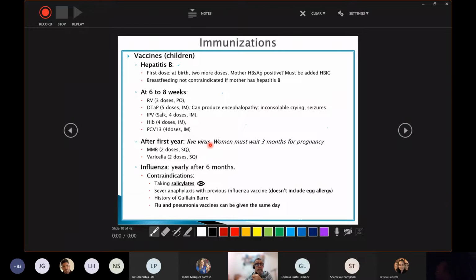So it cannot be given to a person with AIDS, or to a person who has, ¿cómo se llama? Chemotherapy, or a person who is receiving immune suppressive therapy because of a transplant, etc. That's why those people should be vaccinated before the immune suppression develops. That's why it's so important, when a patient is diagnosed with HIV, before the patient develops immune suppression, to check